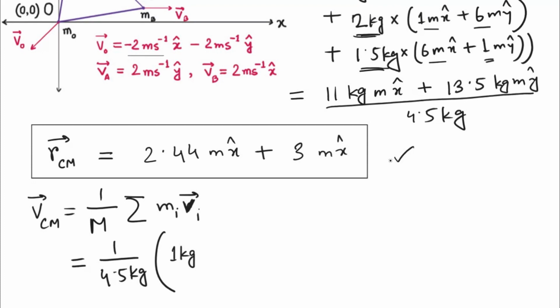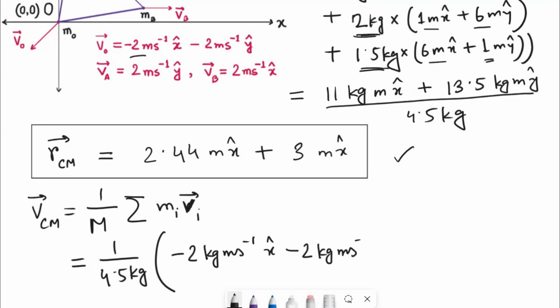So I should rather write the result altogether, right? So let me erase that. So 1 times minus 2, that's minus 2 kg meter per second x hat, and then again minus 2 kg meter per second y hat, and then I have to add it